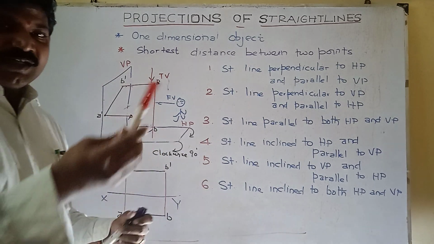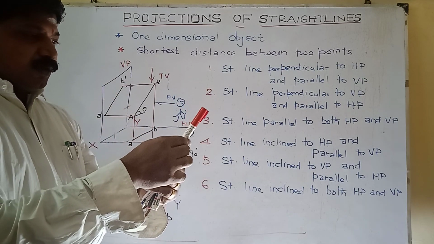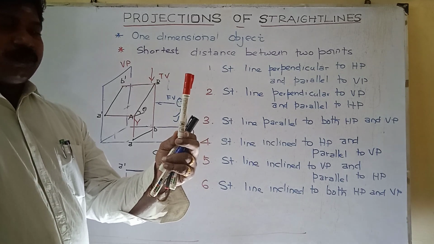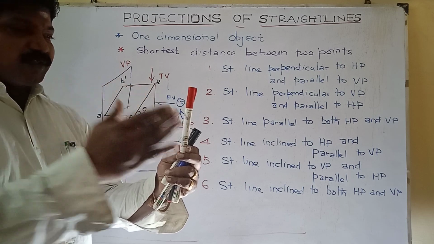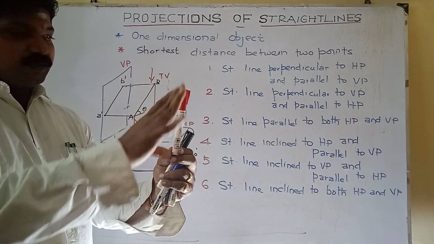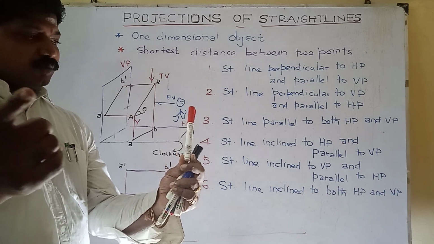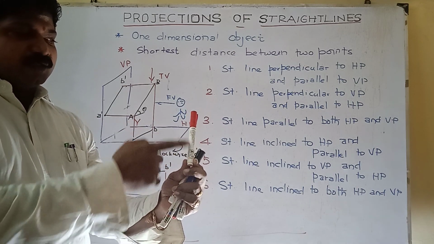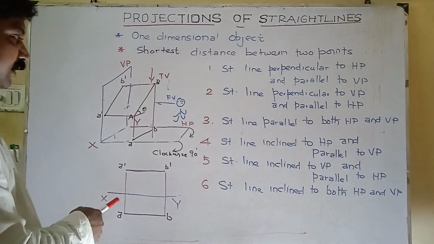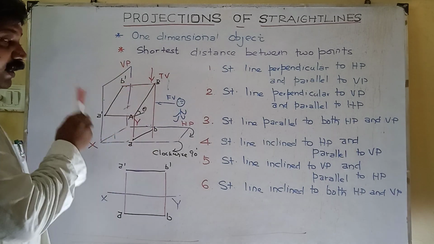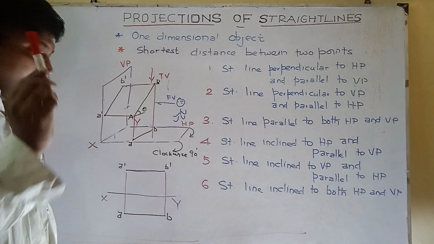See this, consider this pen as a straight line. Now you are the observer. Now this straight line, perpendicular straight line, in this stage is visible as a straight line, a full length, true length. Now I incline that straight line. Now your visible line is a straight line, but not equal to true length. Similar manner, in this case, the front view as an inclined straight line equal to true length. Top view as a straight line, but not equal to true length.